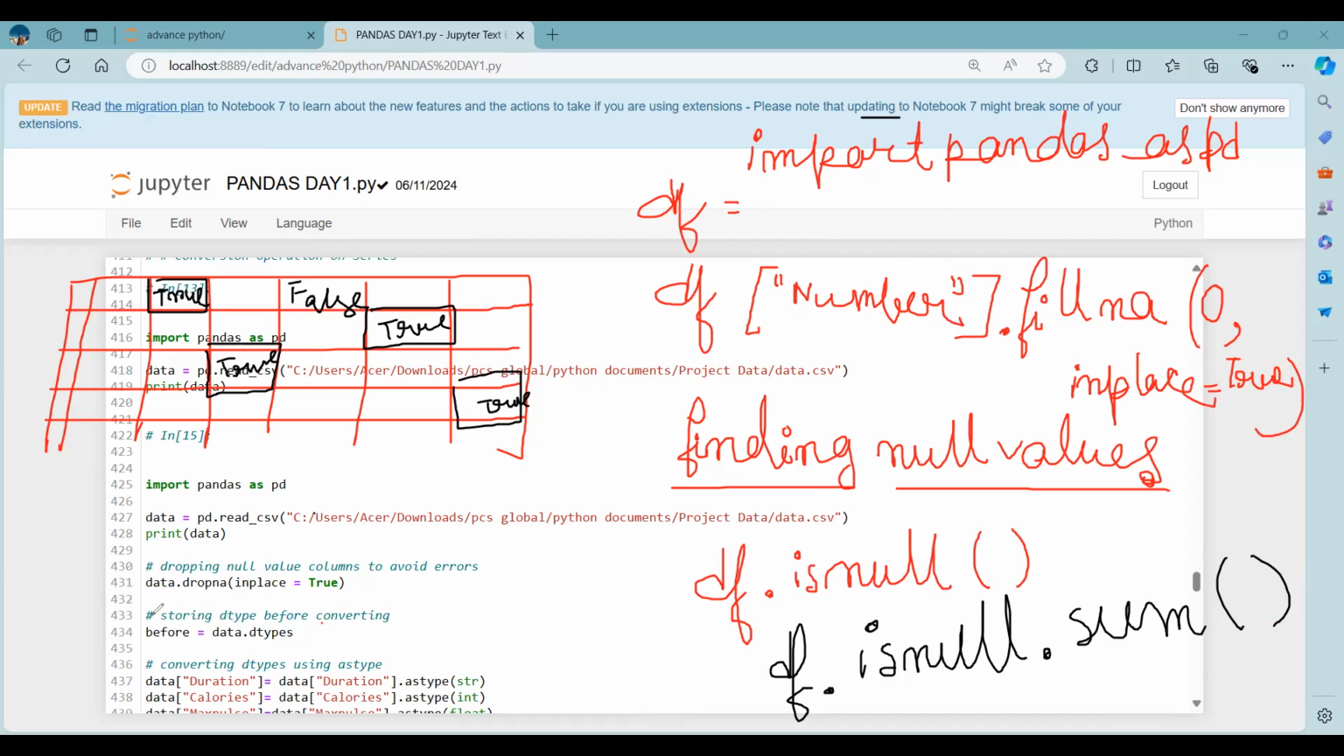So df.isnull() finds the null values respective to each position of your data set, and if you want to find out the total number of null values, that will be df.isnull().sum(). Okay, now let there will be